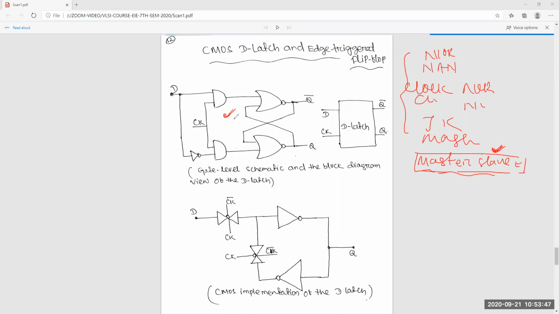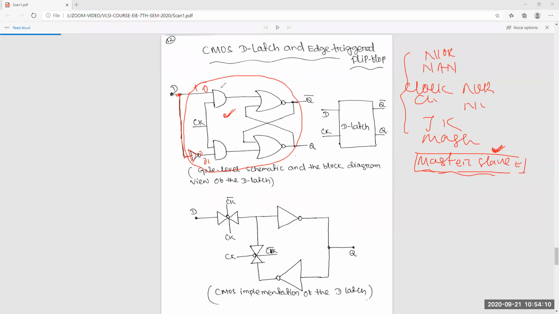Okay, so by using this type of circuit, we will get a D latch. That means we will give a data input and we will connect an inverter. So at any particular time, if it is 0, the other is 1, and if it is 1, the other is 0. So you will never get a 0, 0 or 1, 1 condition.